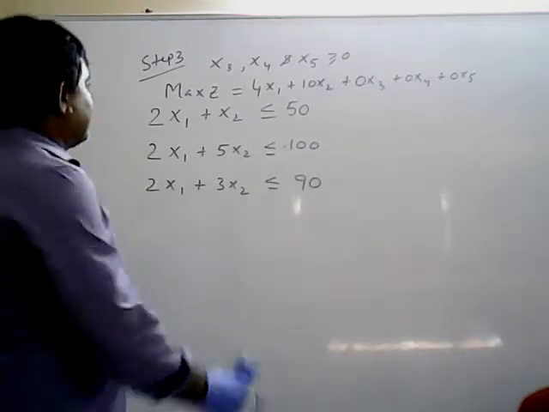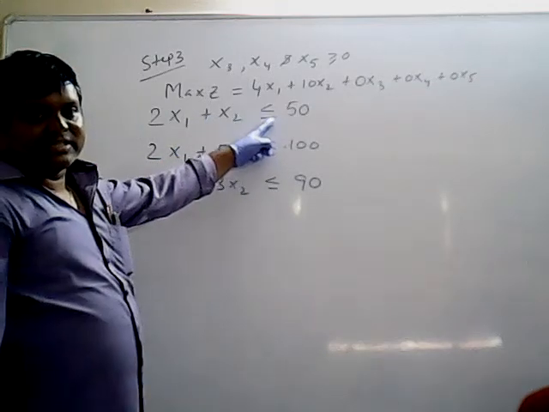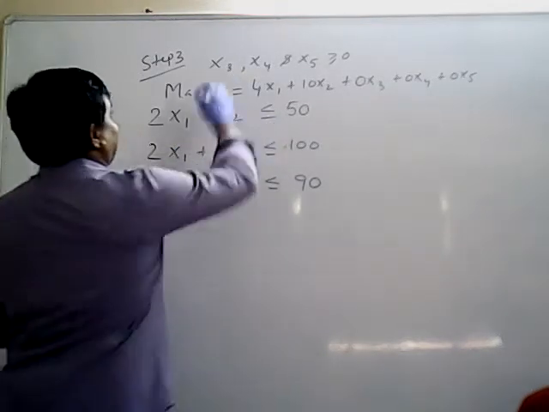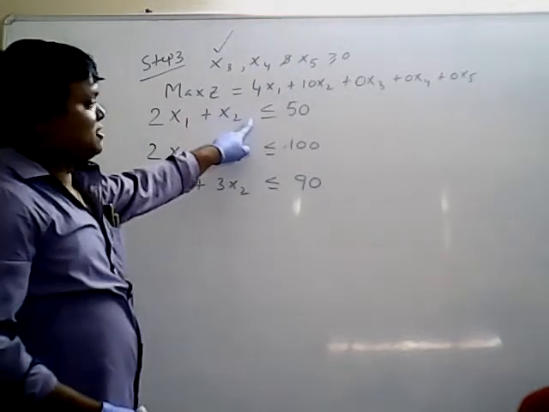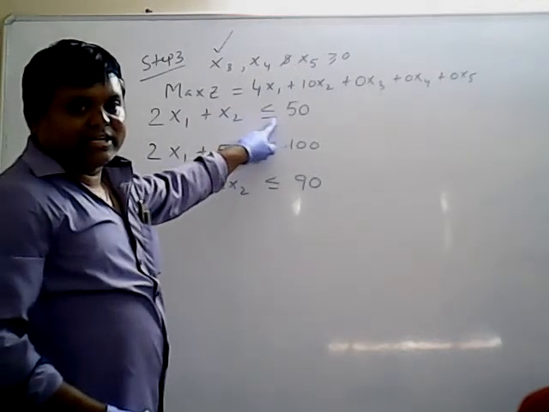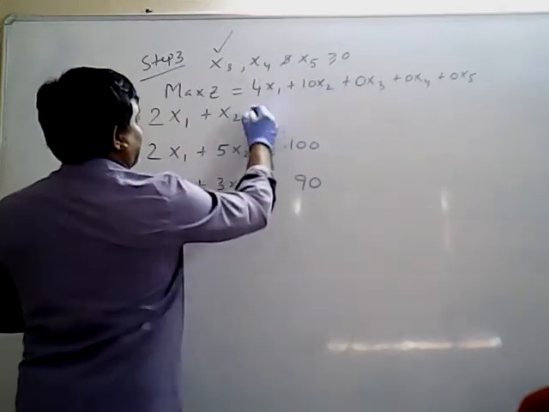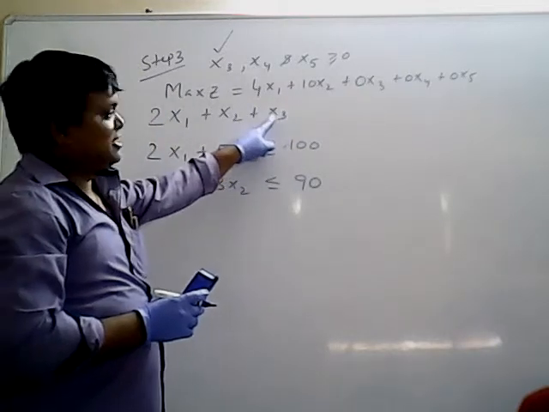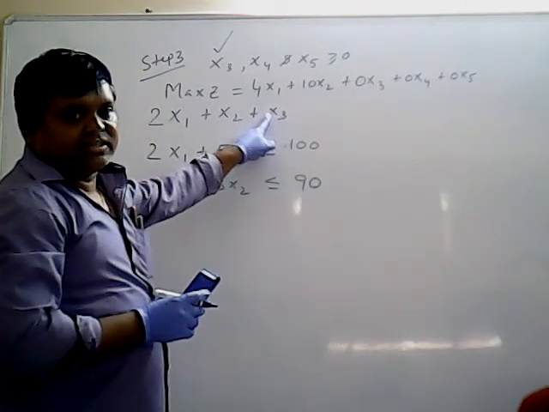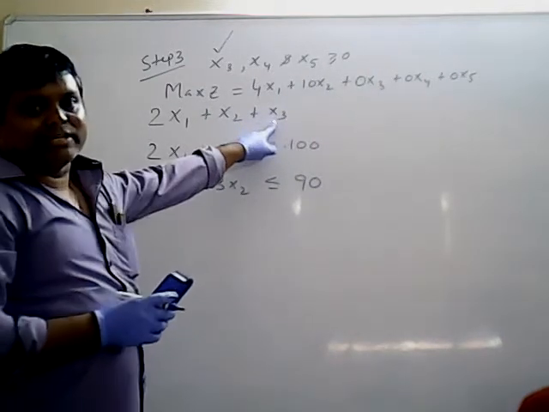Okay. Now see the first constraint. First constraint is less than or equal to type. Less than or equal to means first slack variable is added. What is the first slack variable? X3. X3 is added to the first constraint so that inequality becomes equivalent. So that means I will add here x1 plus x2 plus x3. Don't write 0x3 here. The non-negative variable is added. Added means coefficient is 1.